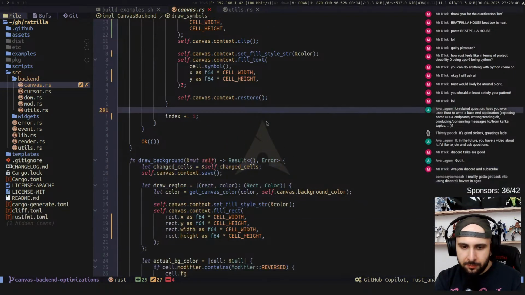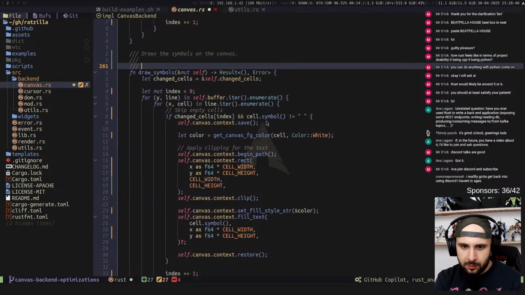Right, we're clipping this function. It also clips